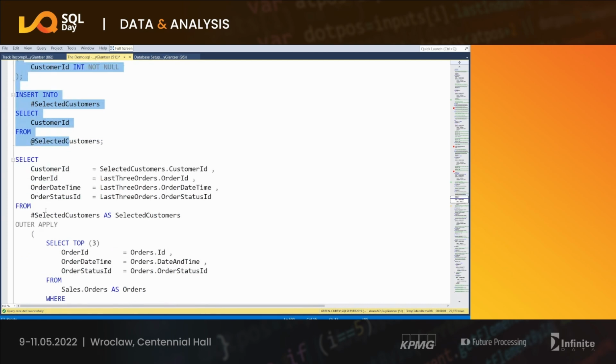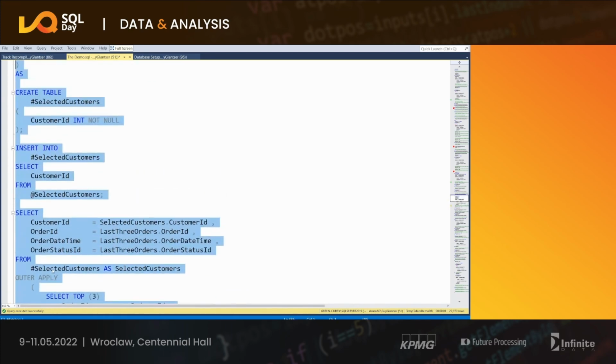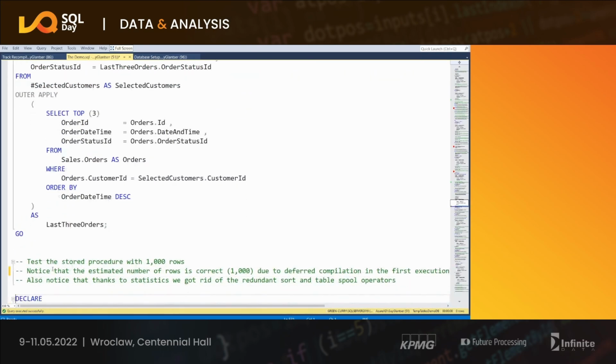So you need to test. The more you use the temporary table in different queries, the more it makes sense to pass the data only once into the temporary table and use it. But of course, it depends on your case. But let's just see how it works. So now I'm going to test it